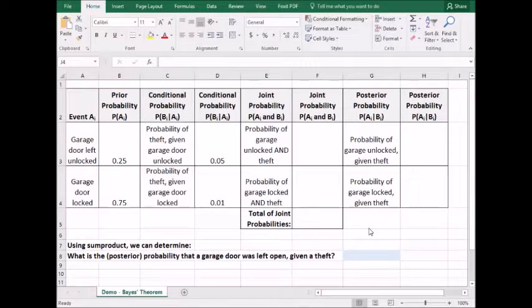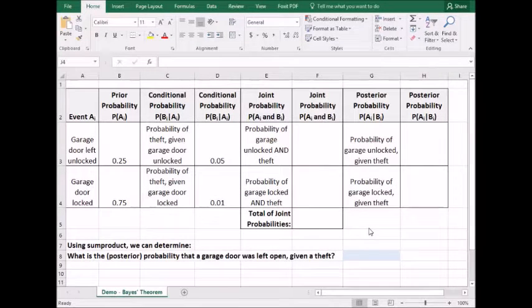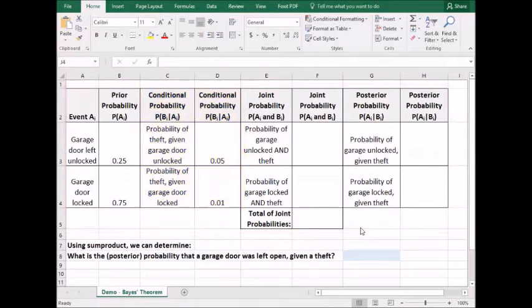Bayes' theorem is a combined application of conditional and joint probability. The formula is as shown here. We will replace this formula with a table and solve for the posterior probability, that is, the probability given an intervening event. Here we have an example in which a police department has collected statistics about thefts from garages in